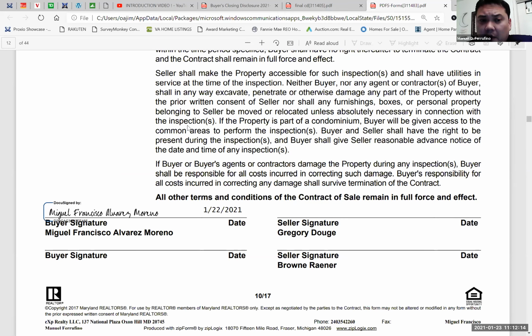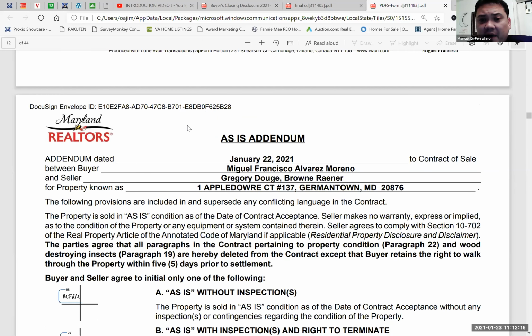I did off of the MAR addendum. You need to remove that. Okay. A couple of reasons why you want to remove that. Number one, you want to use GCAAR forms. Number two,